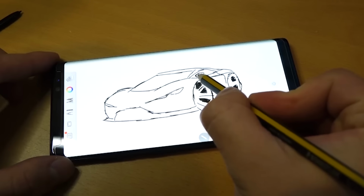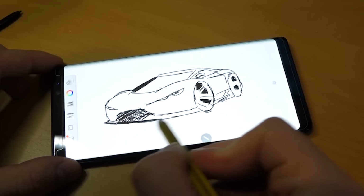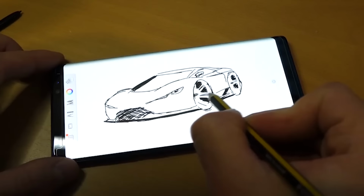Autodesk Sketchbook on here or on my laptop, I find to be way better in terms of the layers, the functionality, the pen, brush tools, all that, than the reMarkable for drawing. So talking a little bit about the software of the reMarkable,